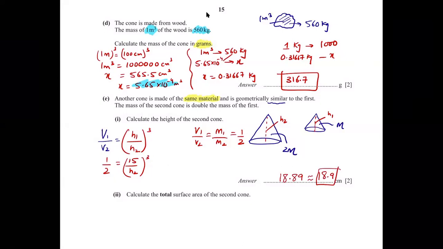The way I have solved this, sir, is by taking this cube root. 6750 का क्यूब रूट निकालेंगे ना? You're going to take the cube root of this value. There is an easy way to do it. Using the calculator, take the cube root on both sides. You're going to eliminate this cube and the cube root. Cube root of 1/2 is equal to 15 upon h, and to find the value of h, you just cross multiply, and you must be getting 18.9. Confirm कर लो.